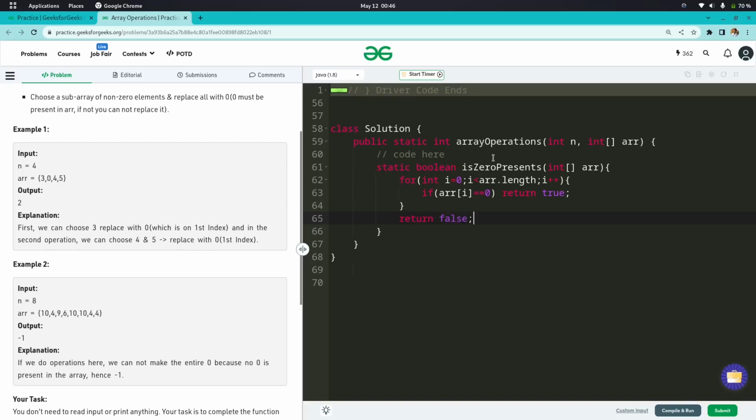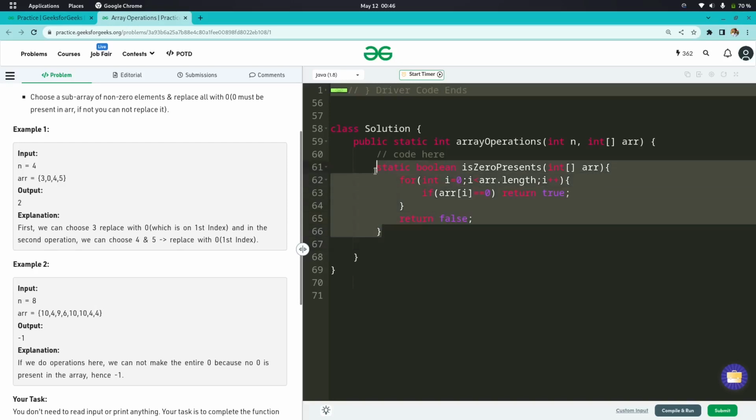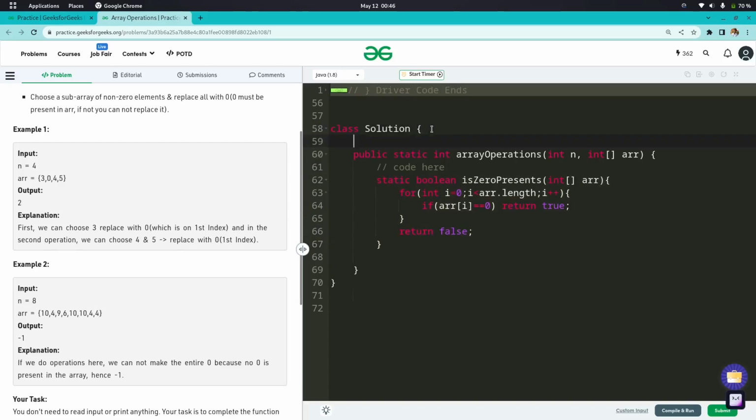So that's it, to check initially for 0 or not. And now our main function; I created it inside the function, it will be outside.